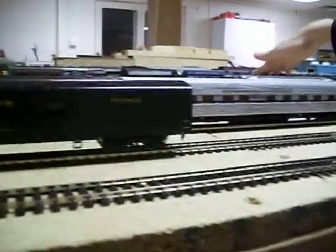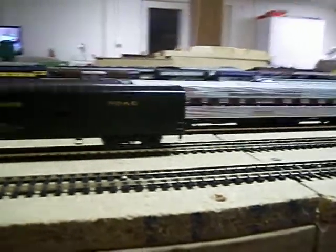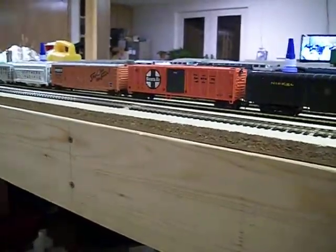I tested out 941 the other day, my grandpa's Nickel Plate Road 2662 Mallet from Bachmann Spectrum, and it was pretty good. And now last night when I got home from my dad's,